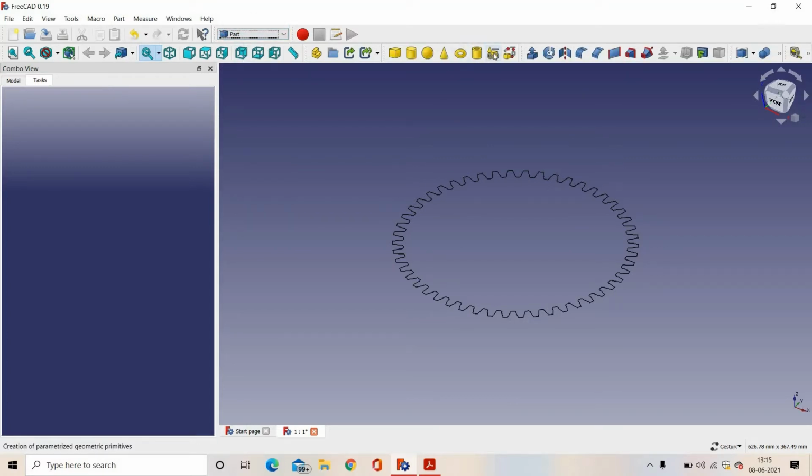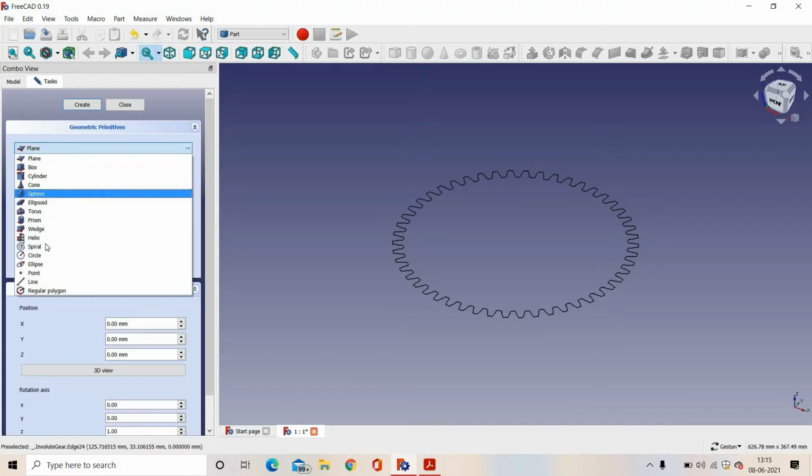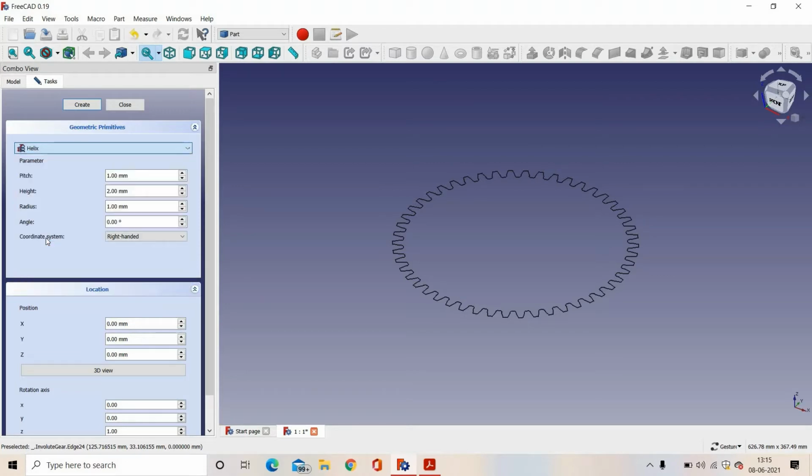In Part, we have to select Geometric Primitives. Under the Geometric Primitives, in place of plane, we will select helix. And now we will give dimensions of the helix.